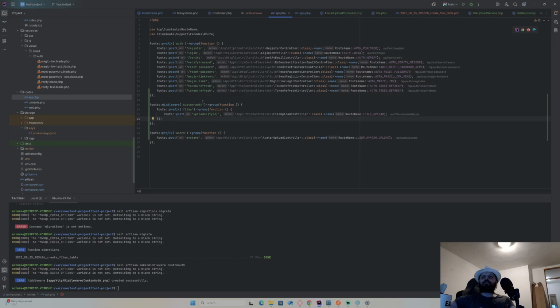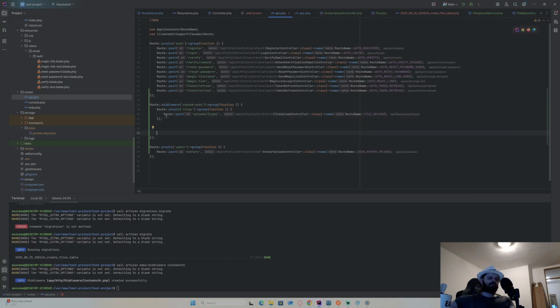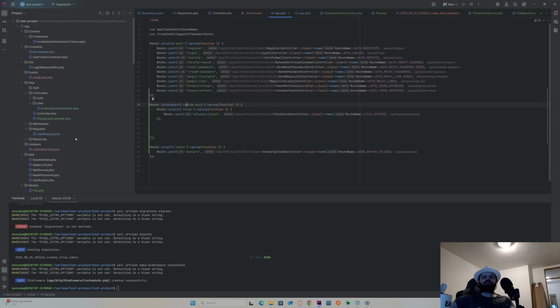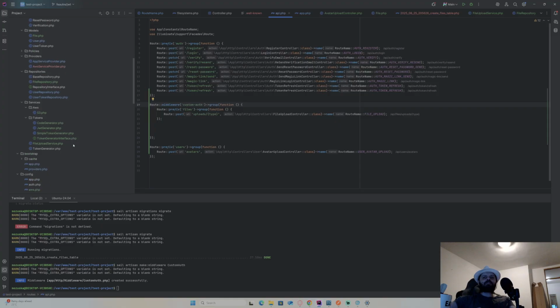Now this custom middleware will apply to all routes in the files group. I'll put a lot more groups or routes in here, but they'll be protected by the custom middleware, and basically they'll need to go through the authentication process, which will be defined in this middleware. Let me check where that middleware is.